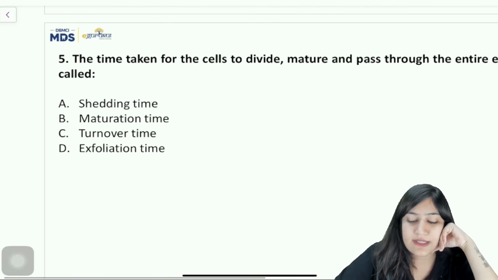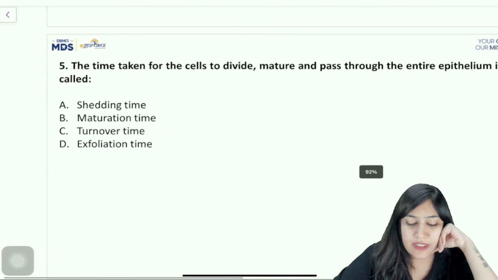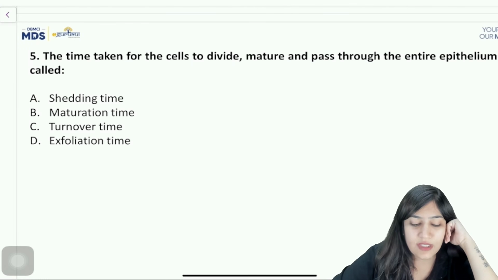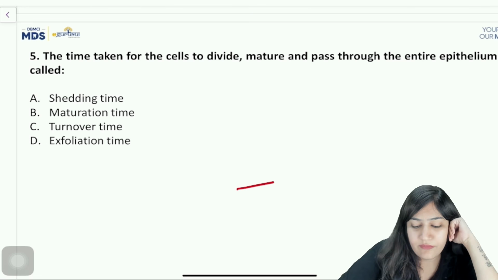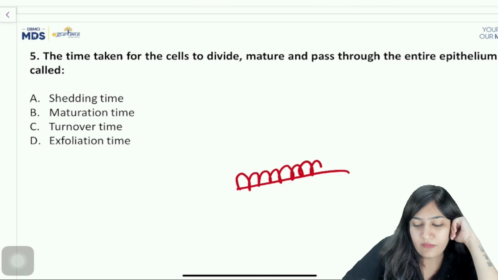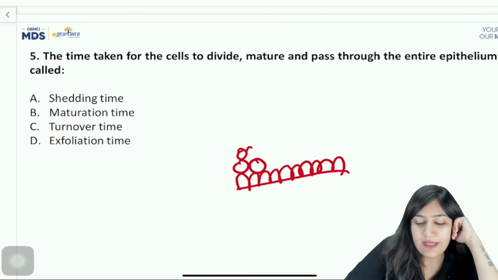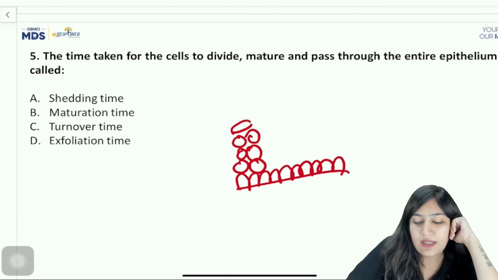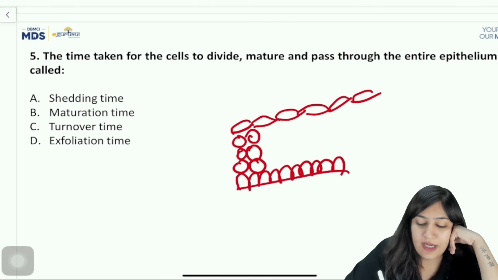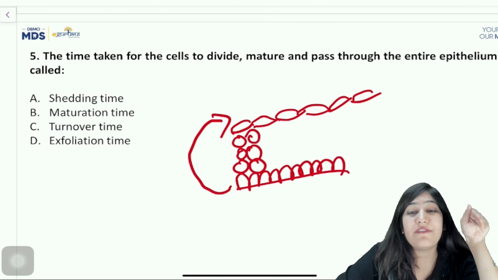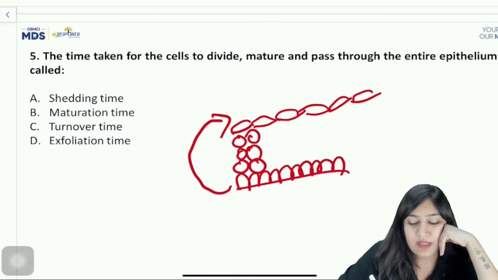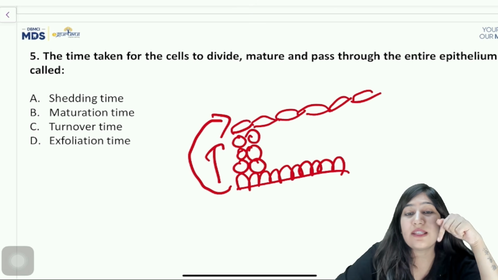The time taken for the cells to divide, mature and pass through the entire epithelium is known as, is it shedding time, maturation time, turnover time, or exfoliation time? Basically, the cells migrate from the basal layer towards the superficial layer. This process is known as maturation, right? From the basal layer to the superficial layer, it becomes a part of each and every layer at a specific time. This process of migration of the cells from the basal layer to the superficial cell layer is known as maturation,